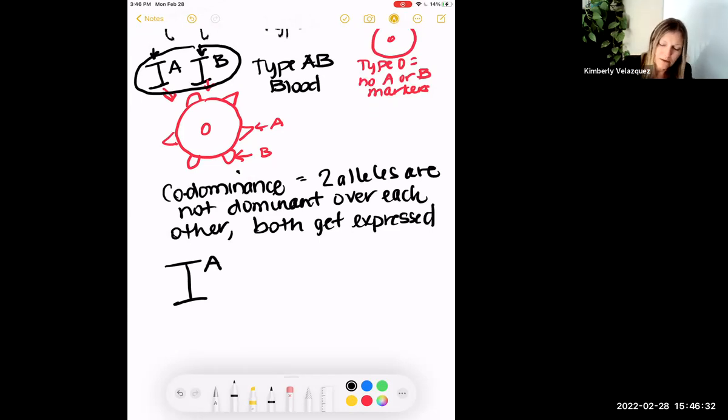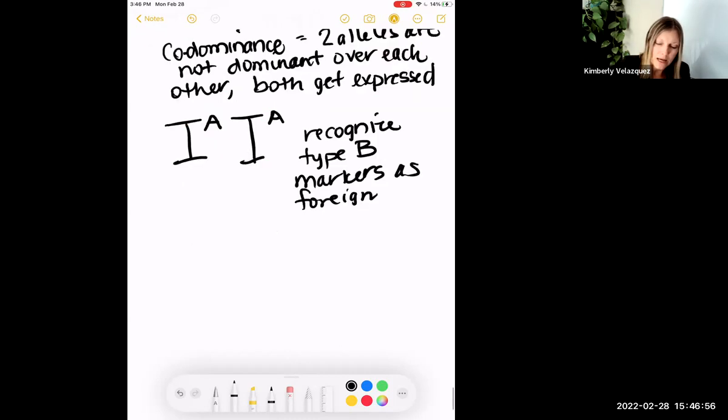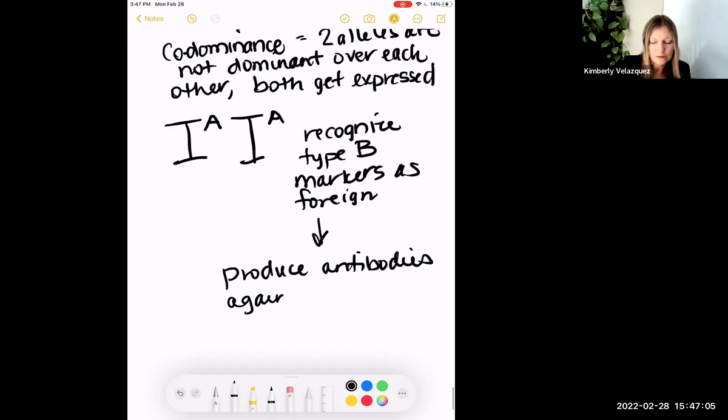So if you have just type A markers and your type A blood, if this is your genotype, you recognize type B markers as foreign, and you produce antibodies against type B markers. And if you ever have got any blood with a type B marker on it put into